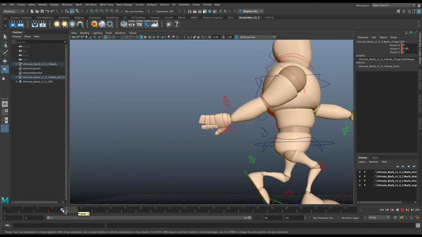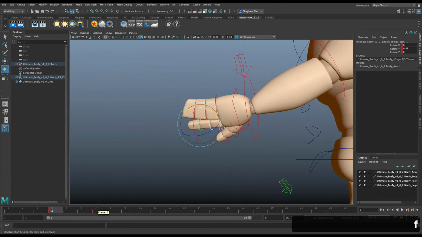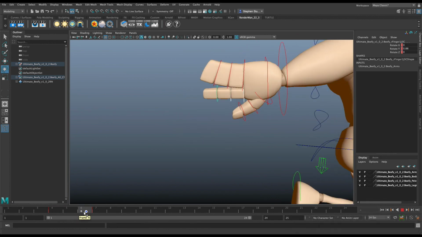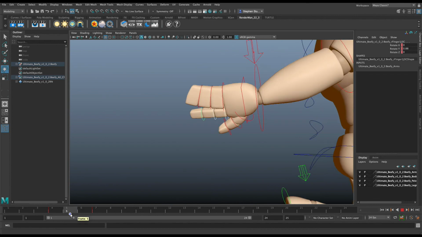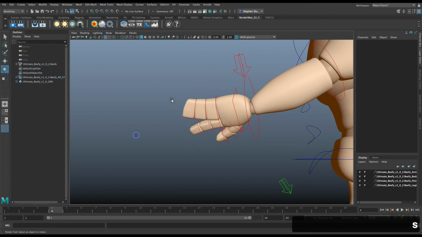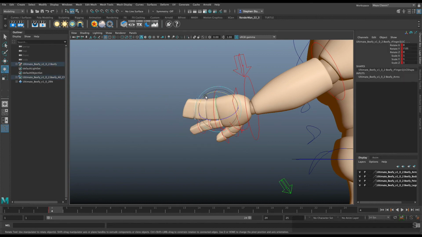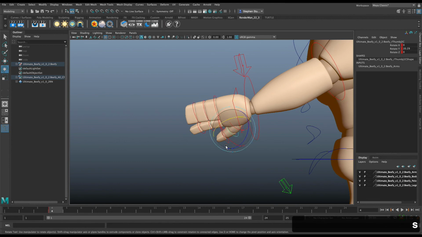Actually, I'm going to middle mouse and drag. That should be at frame 7. So here I'm going to go here. And yep, because at this point in time, the fingers are still traveling up, and I want them to be back this direction a little bit. So select those, select these. Right? Select these fingers